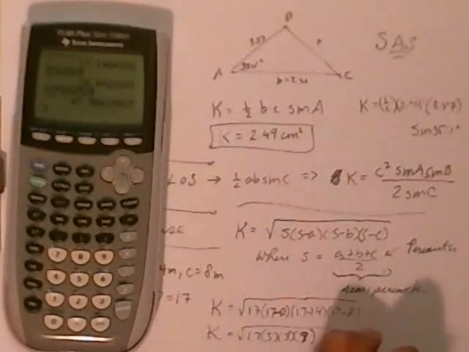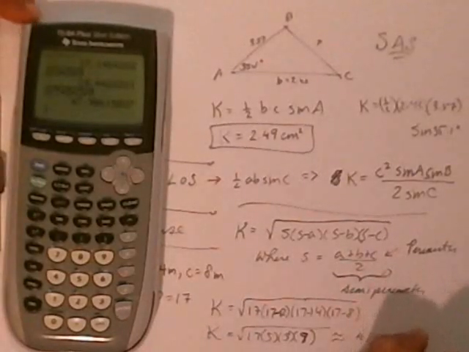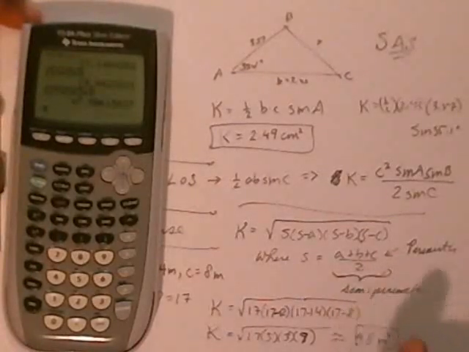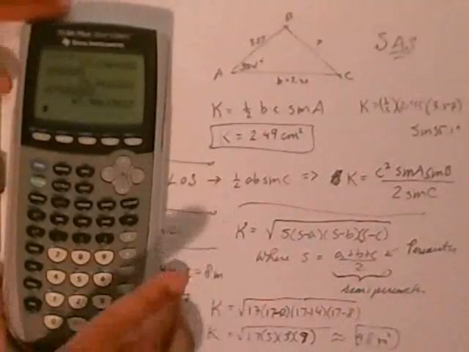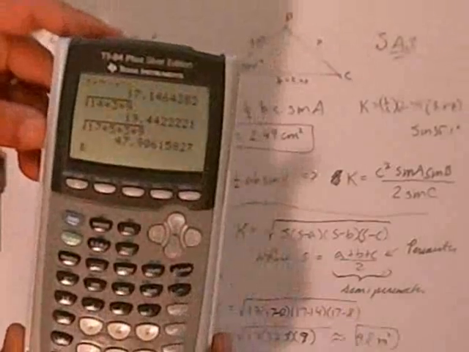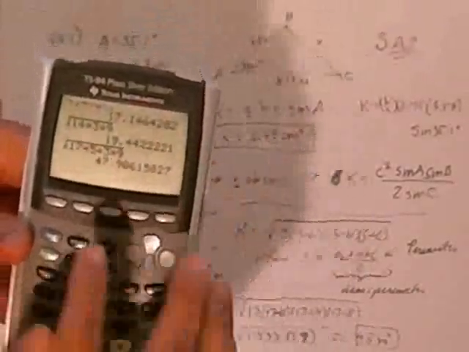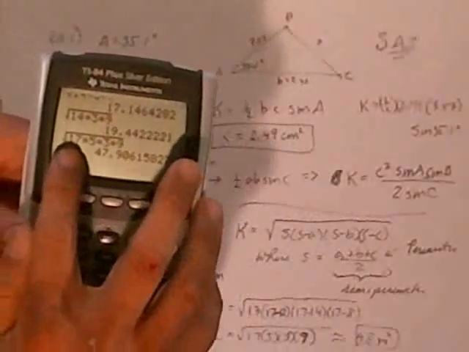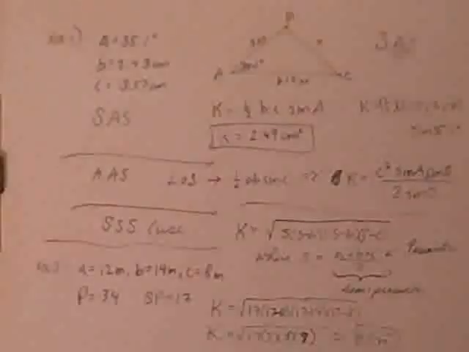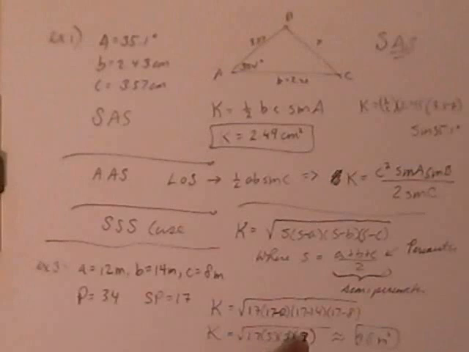Two significant digits, so it's going to be approximately 48 square meters. And so, here it is right here. Okay, sorry, it should have been 9 instead of 7. So 17 times 5 times 3 times 9 is approximately 48, and that should be good enough for